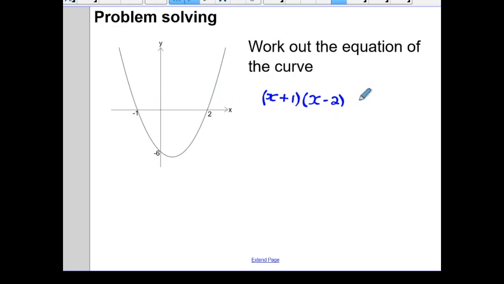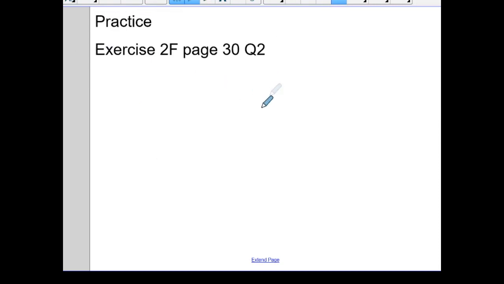So this curve definitely goes through these 2 points, but does it go through negative 6? Well, if we expanded this, we'd get x squared minus x minus 2. This curve has a y-intercept of minus 2, not minus 6. To change this into a minus 6, we would have to multiply it by 3. Multiply the whole thing by 3, which means our equation for this curve must just be what we had before, but multiplied by 3. There are some similar problems to that in question 2 of this exercise. So go ahead and